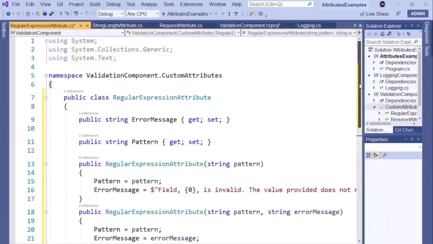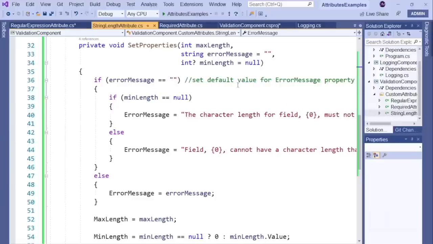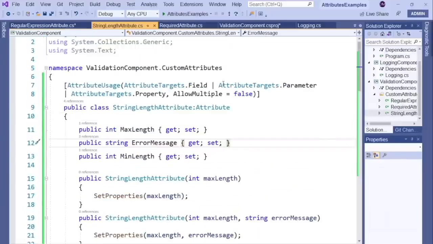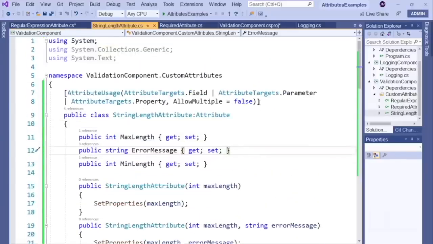Let's ensure that we include the code whereby our class inherits from the System.Attribute built-in class. The last step is to appropriately declare the AttributeUsage predefined attribute against the regular expression attribute class. This declaration will be the same declaration applied against our